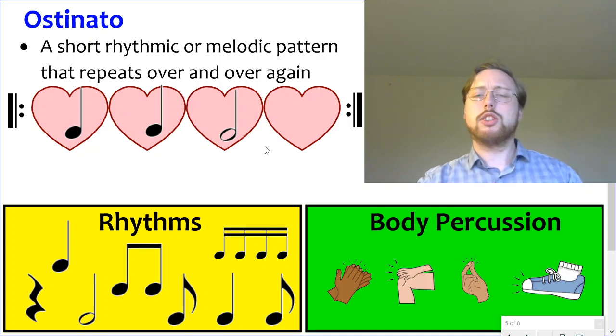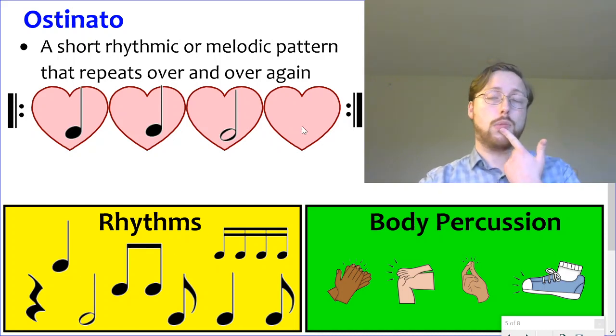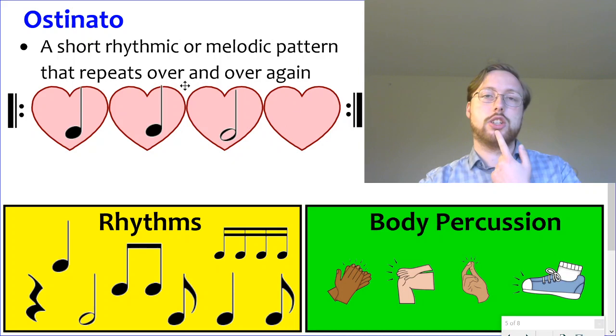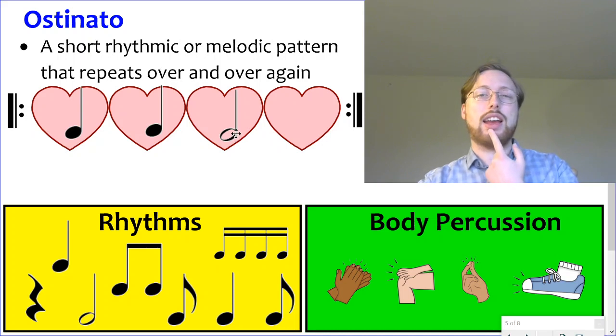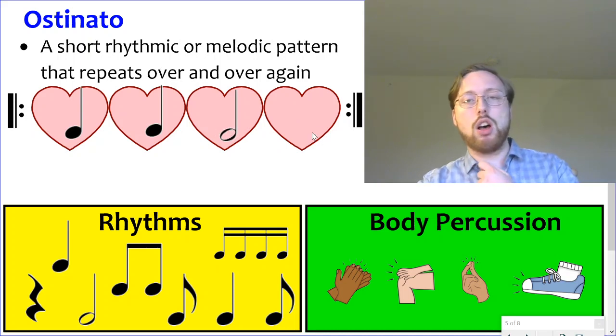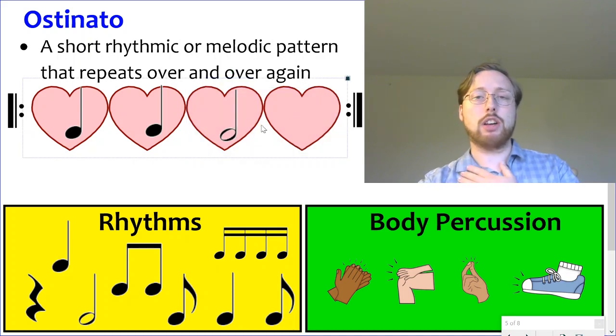So here's a question. Do we need anything on this beat? Do we need to put another rhythm there? What do you think? Think about the rhythms that we have here, the notes we have here. Can we put something else here? Nope. Our ta, our half note, is 2 beats long, so it takes up all of this space. It takes up 2 whole beats. So we can't put anything up here because our ta is using that space as well.